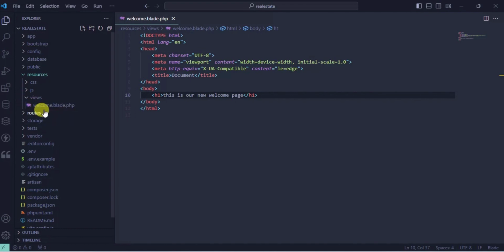Inside our view, guys, I said we are using blade template. So in Laravel, we have something called blade.php. This blade template allows us to write HTML code inside Laravel. Okay, so if I open this welcome.blade.php, by the way, to create a blade file, we just name the